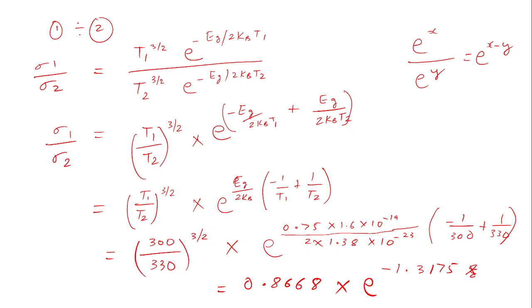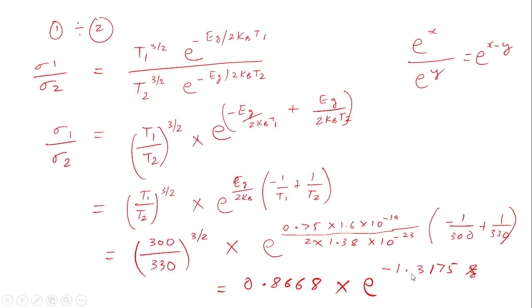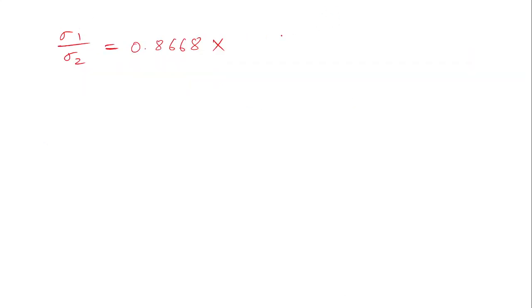Now e to the power minus 1.3175. Okay, further, sigma 1 by sigma 2 will be 0.8668 multiplied by this e to the power, all this will be 0.2678, 0.8668. The answer will be 0.2321. This will be the